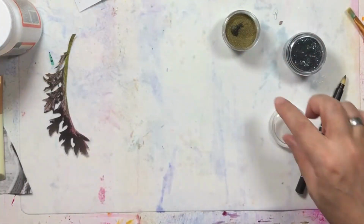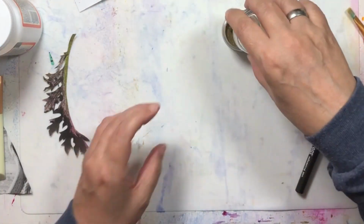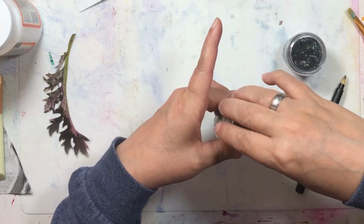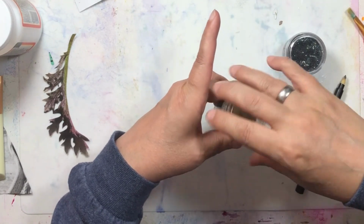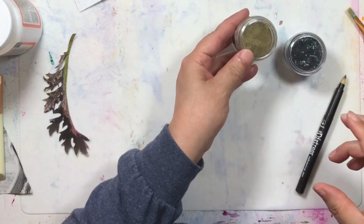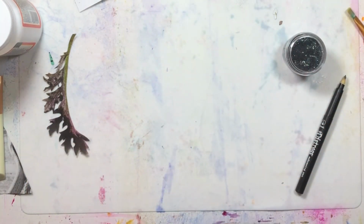I dumped a bunch of my black in there. Ooh, it'll be okay, watch. You ready for this? Because there's so much gold and so little black. That's why you can never freak out about anything. Can't even tell it's in there. All right, and then